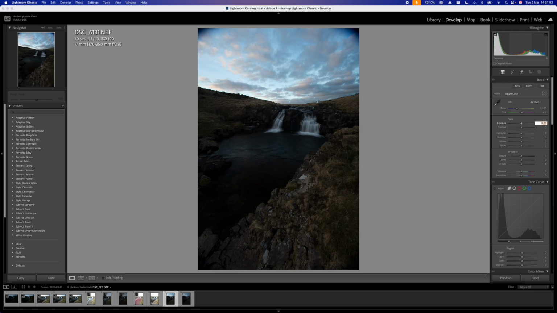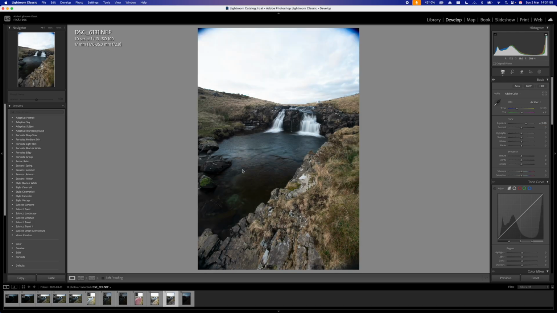Now I'm going to raise the exposure by 2 stops to bring it back up to natural light levels that we had on location. So obviously this is the one I shot for the sky. So I shot this one correctly exposed, I think, for the sky anyway. So there we are, brought back up to natural light levels. I'm not going to crop it. I quite like all the detail that's in down here,